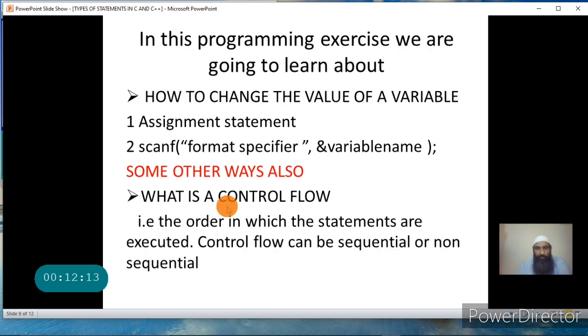Now we are going to perform a programming exercise in which we are going to learn the following things. That is how we change the value of a variable. As I told you, there are two ways of changing the value of a variable. One is the assignment statement and another is scanf. When you scan a value from the keyboard, that value is stored in the variable and the previous value is overwritten.